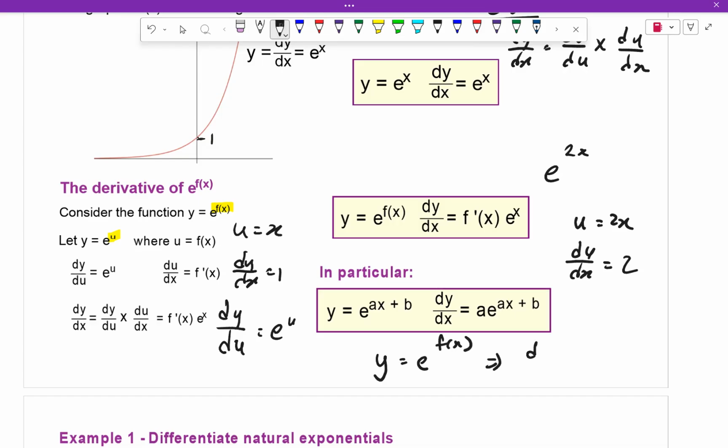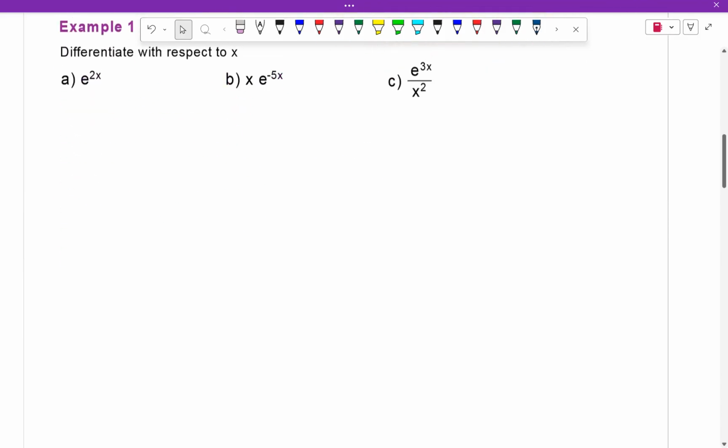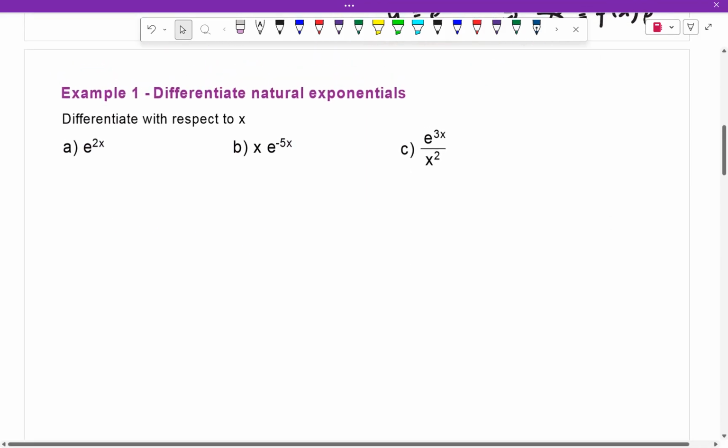So what in general is 我们的 if 我们的 y equals to e to the power function of x, then 我们的 dy over dx is equals to the derivative of the top times the derivative of and the remaining is the same. 也就是讲我们只是把上面的部分带下来而已。